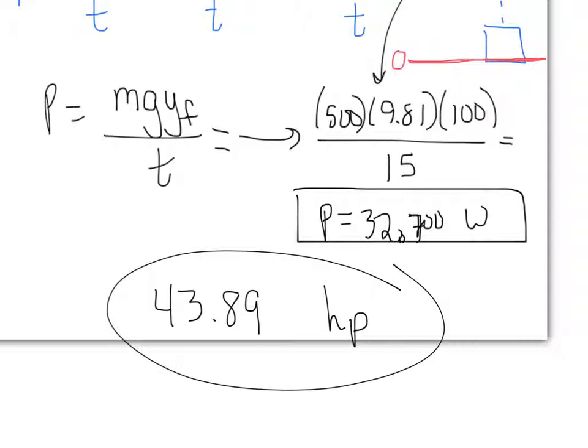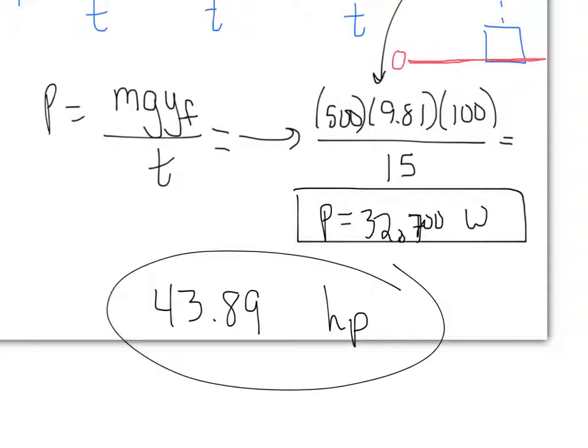Because 32,700 watts doesn't really tell me too much. Well, if we have to put horsepower on a test, I'll give you the constant and say, if one horsepower equals 745.9 watts, how many horses would this be equivalent to? Or just give an idea of that. You'd be given the constant, though. You don't have to memorize it, okay?